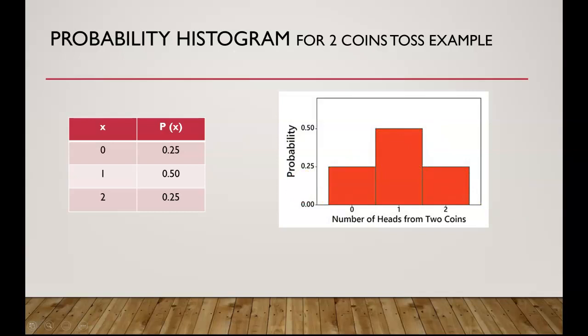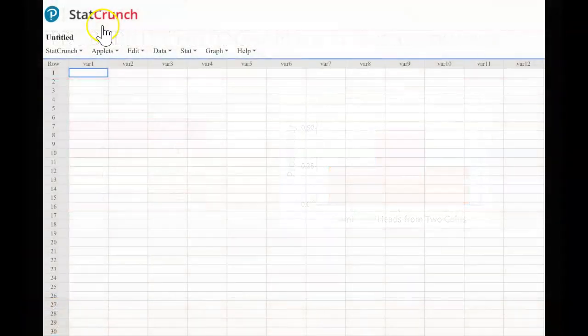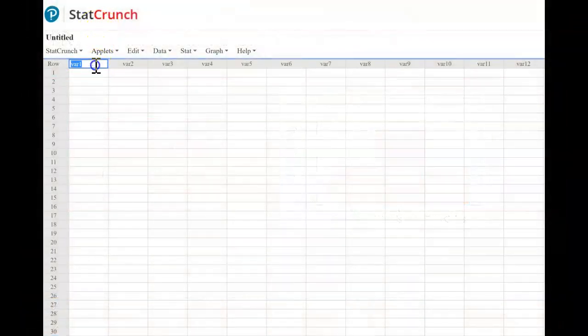Now we will look at how to find the mean and standard deviation using StatCrunch. In StatCrunch, I'm going to enter values for the random variable in the column var1, and I'm going to rename it to column X, and rename column var2 to P of X. Our X values were 0, 1, and 2.